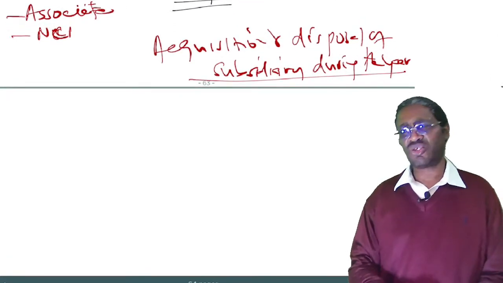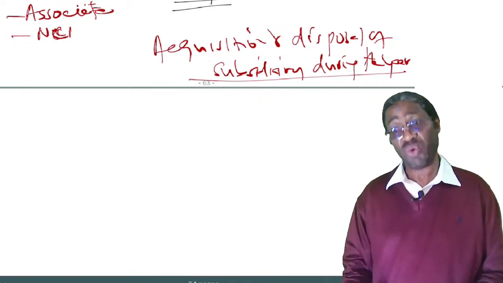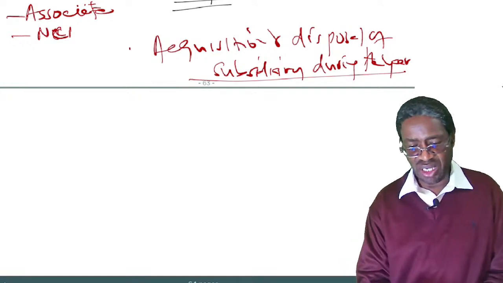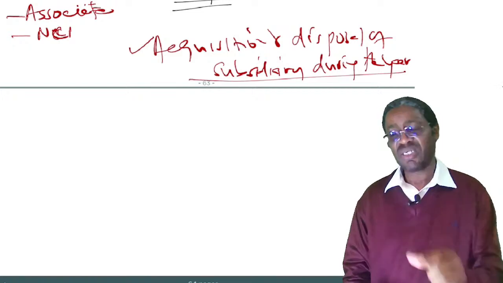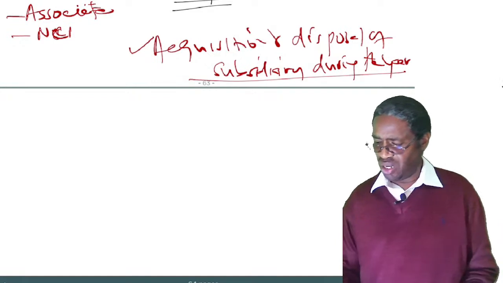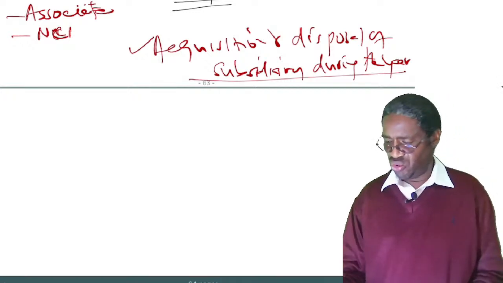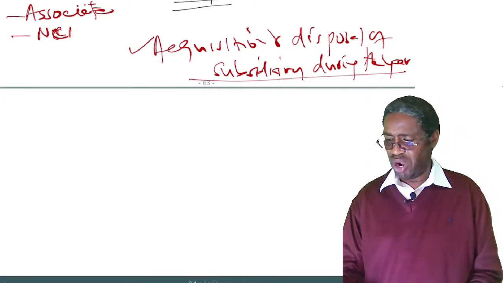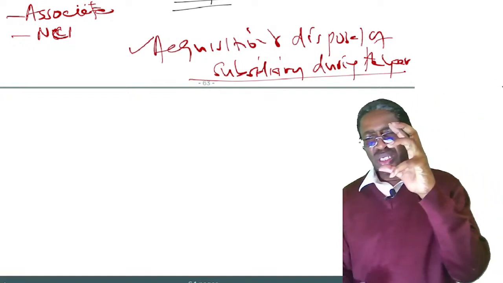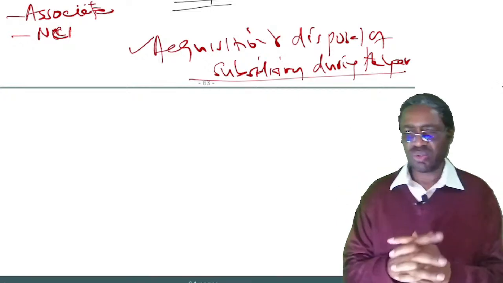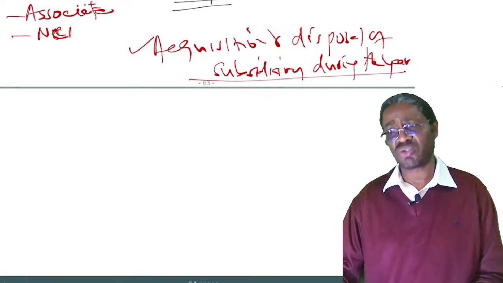The third area I told you you will be required to know concerning cash flow questions for the group is this area we are calling acquisition and disposal of subsidiary during the year. How do you account for acquisition and disposal of subsidiary during the year? That's what I want to talk about now. Now, listen carefully. I told you, whenever the examiner gives you a question,